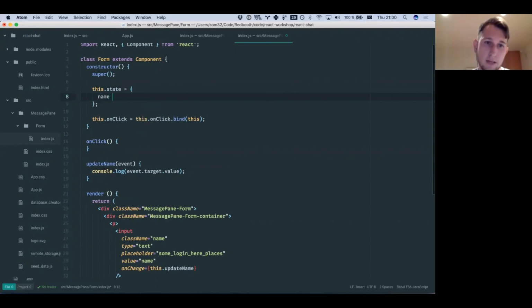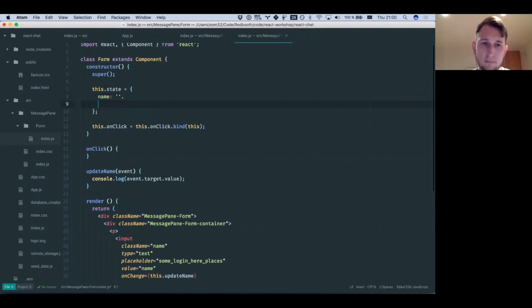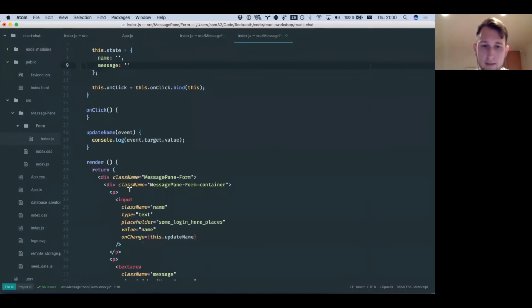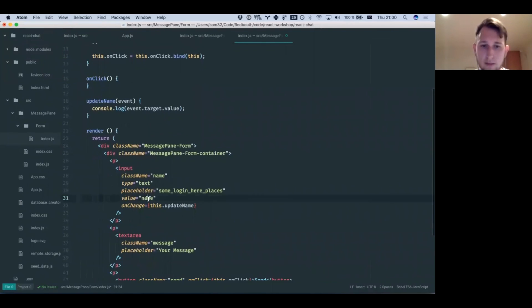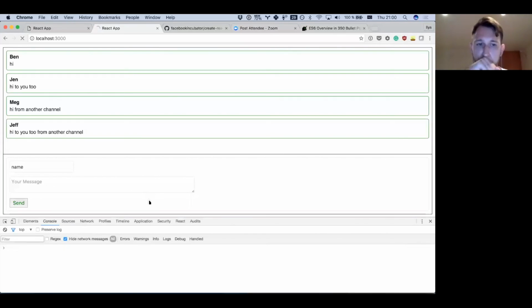So, for example, name should be an empty string, and message should be an empty string too, because by default the form is empty. We did that, so let's now render not the hard-coded name here. Let's render this.state.name. Now the form is empty. I still